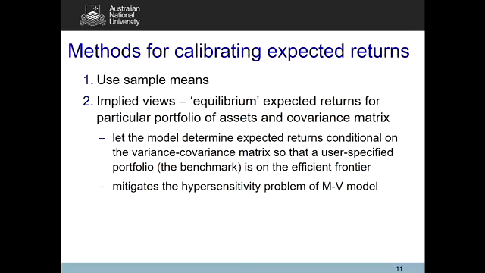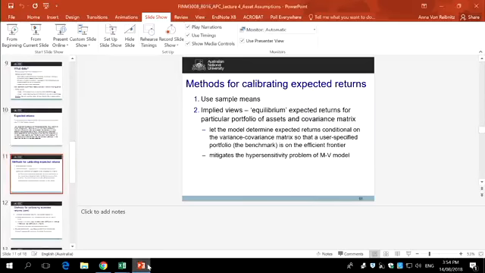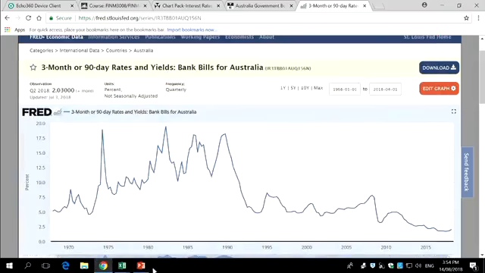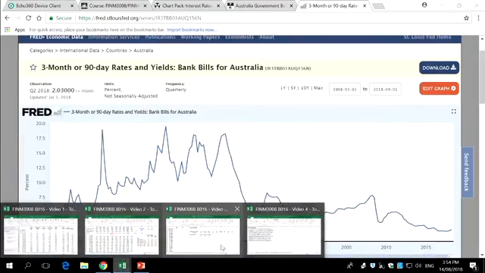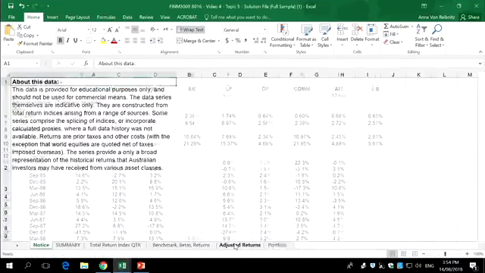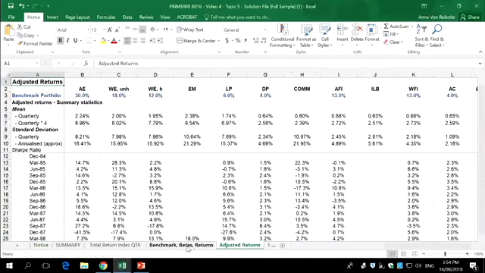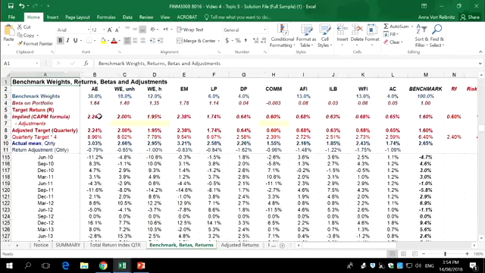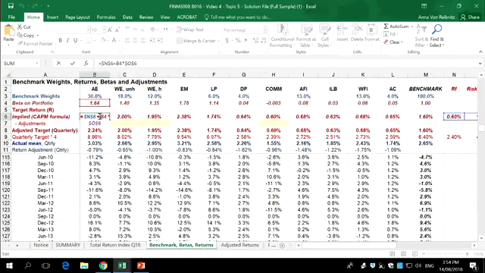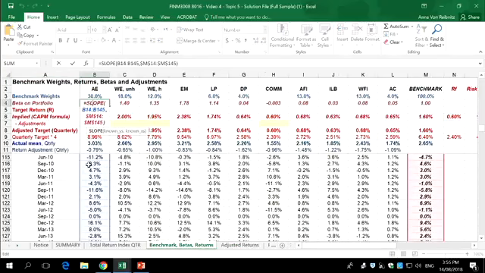Another option, which is what you're going to do in next week's Excel video, is to use implied views. Now, with implied views, I'll take you through the steps in the workshop, but I just want to show you what you're doing. Essentially, you're calculating a beta like you would on the CAPM. Where's my beta? Here we go. You're calculating a beta based on the asset class and its correlation with a